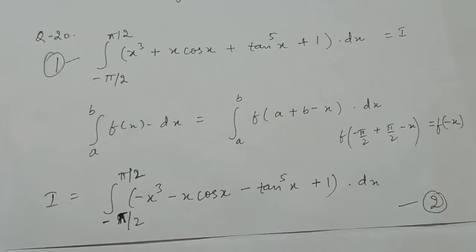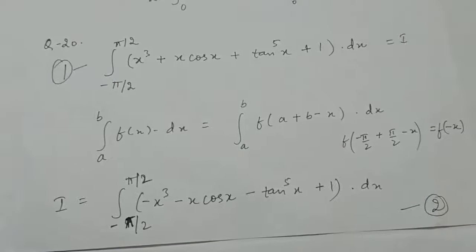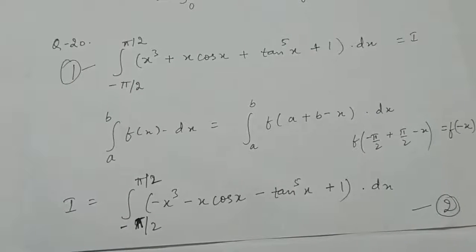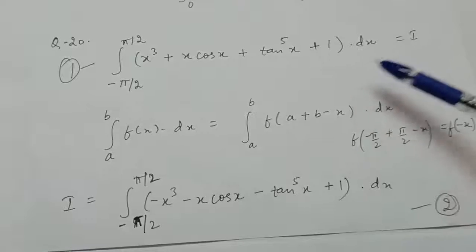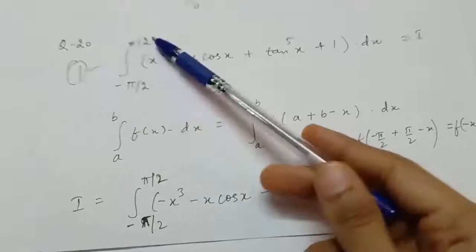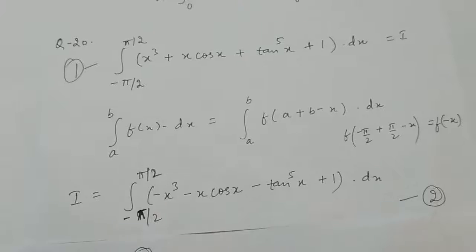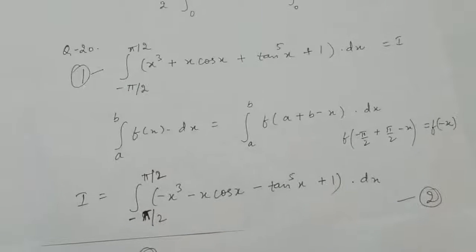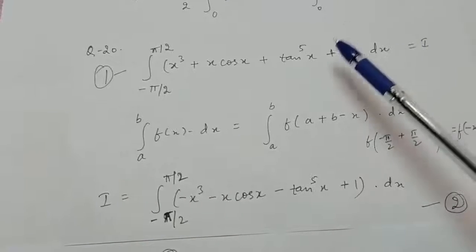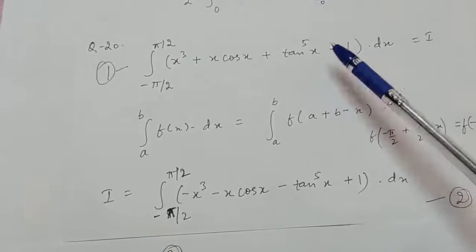Clear? Question number 20 is, integral of x cube plus x cos x plus 10 upon x raised to the power 5 plus 1 from the limits minus pi by 2 to pi by 2 is given. Now see, let this integral be equal to I. Now I have told you, when the limits are of this type, minus a to a, then first of all check the function if it is even or odd. But now in this case, if you check the function, that is in place of x, when you put minus x, you will get that this function is neither an even function nor an odd function, right?